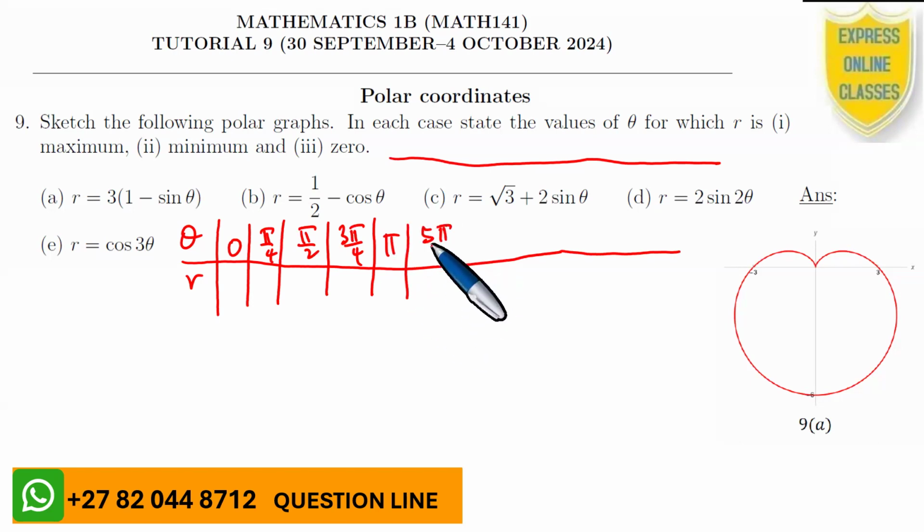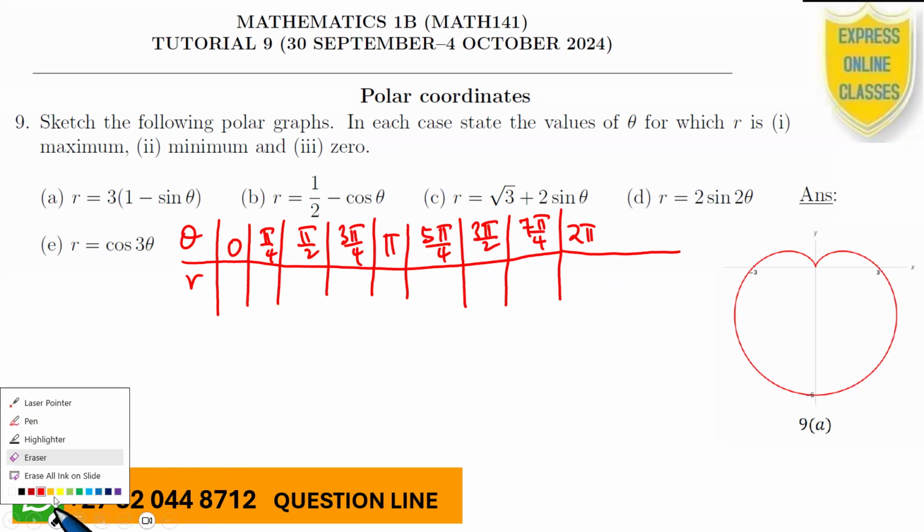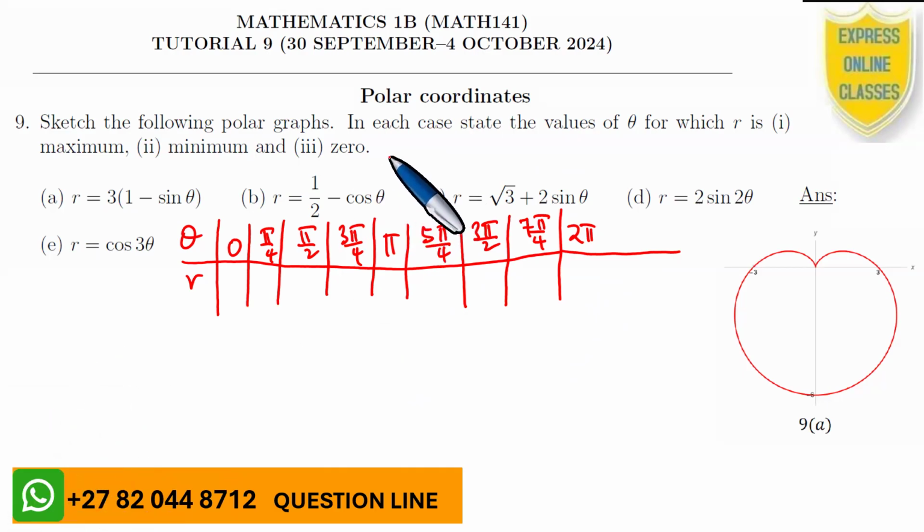5 pi over 4. 6 pi over 4, 3 pi over 2. 7 pi over 4. 8 pi over 4 is 2 pi radians. Right, with this mentioned, we are able to have this particular table here. But if we can draw this table and be in a position to make sense of it,